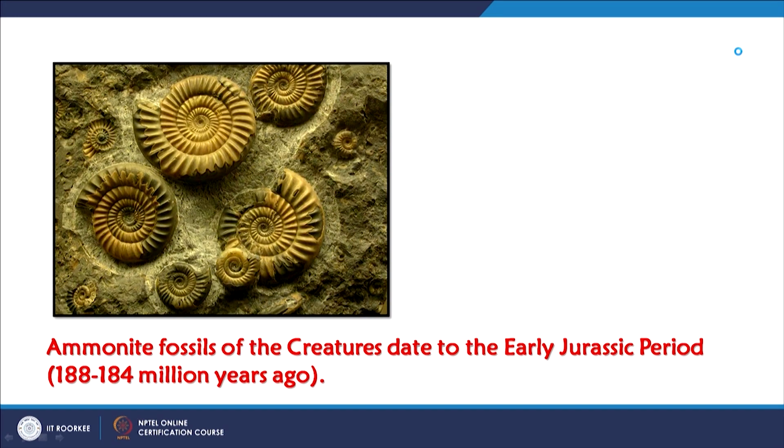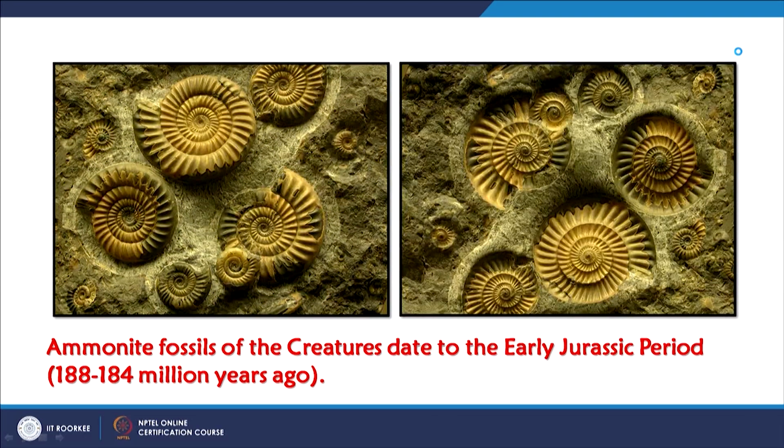One more example we will see. These are ammonites, again a different type of fossil, from the early Jurassic period, and they are nicely coming up in this photograph, but when I rotate this photograph by 180 degrees, then it is nothing but a depression. So, which one is correct? Only the person who has collected or seen or taken the photograph can tell whether he saw the left scenario or the right scenario.